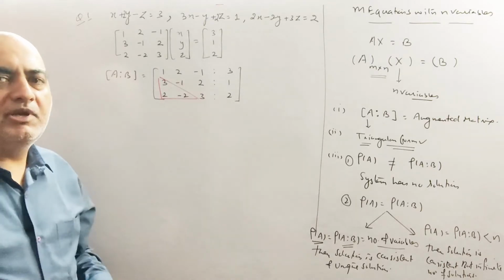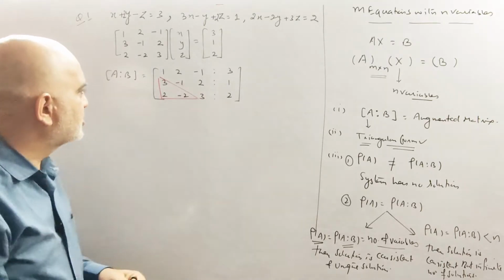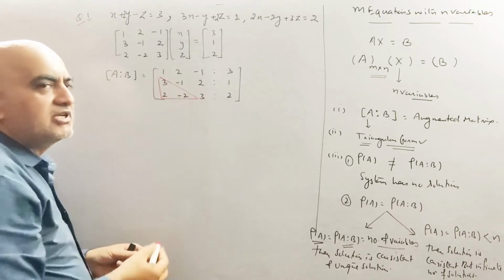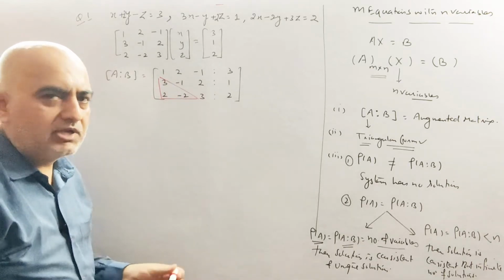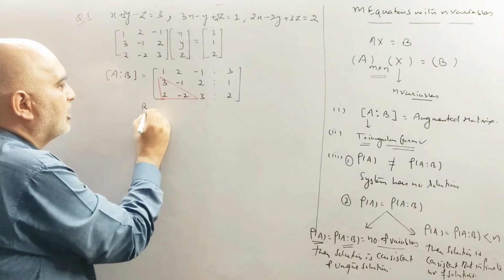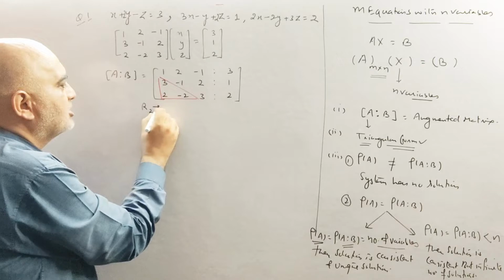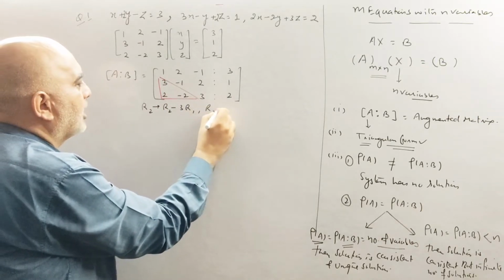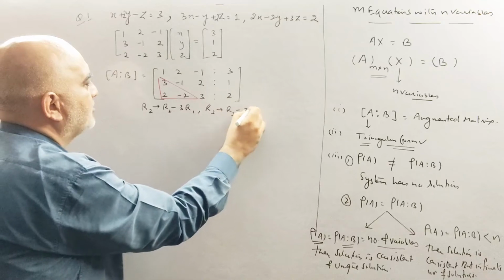So for upper triangular format, what will you do? First of all, you should make these two elements 0 with the help of this one. One is the leading entry for us. So first of all, you should convert these two elements to 0. So we have to use R2 changes into R2 minus thrice of R1, and R3 changes into R3 minus twice